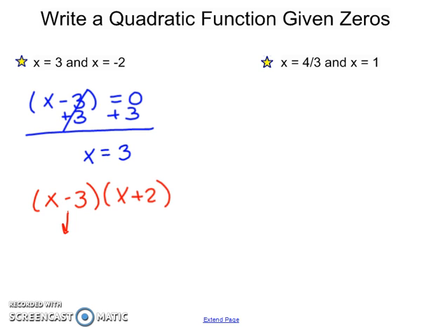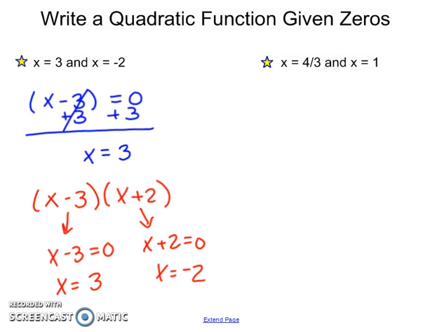Okay, so if I solve these, let's double check. x minus 3 equals 0, x is going to equal positive 3. x plus 2 equals 0, x is going to equal negative 2. Okay, so it's the opposite sign. If we look at the next example,